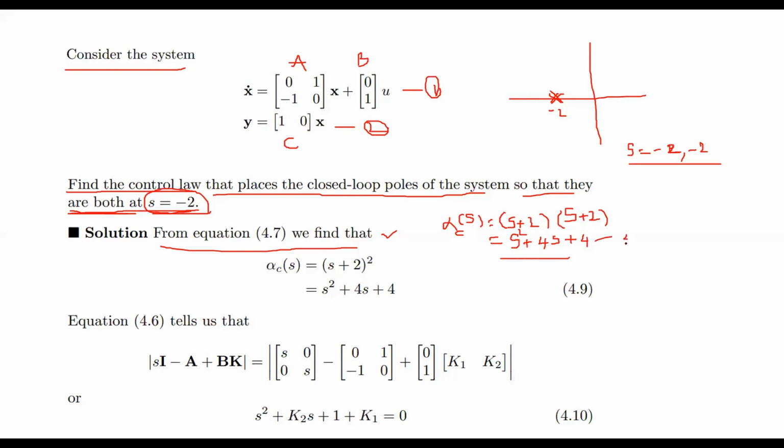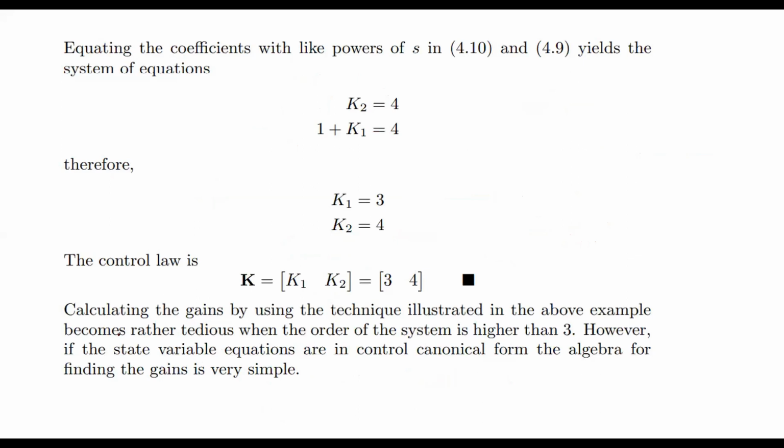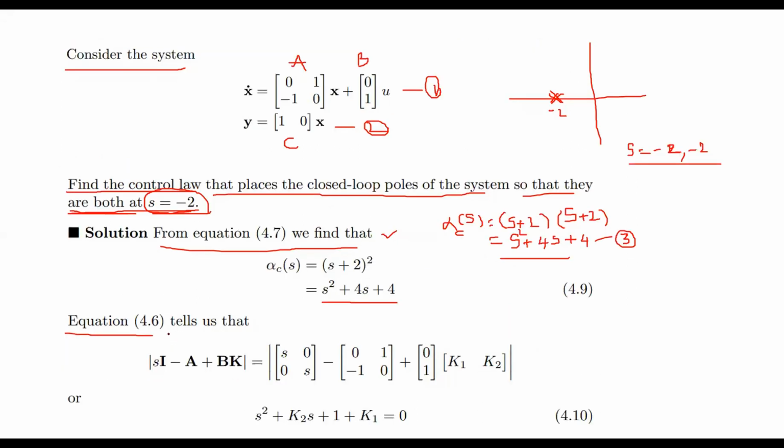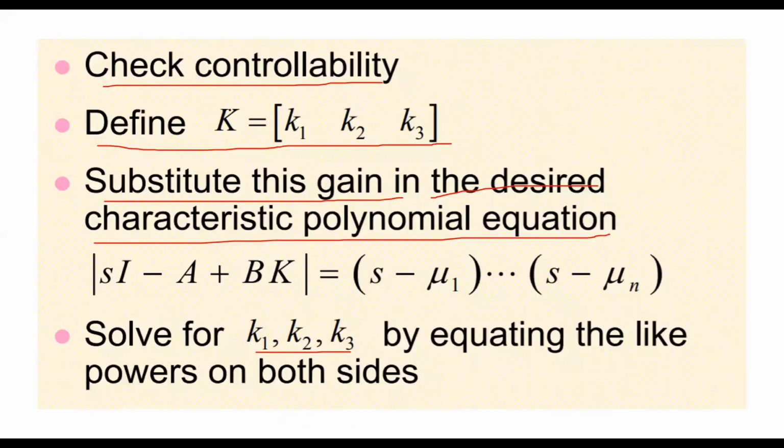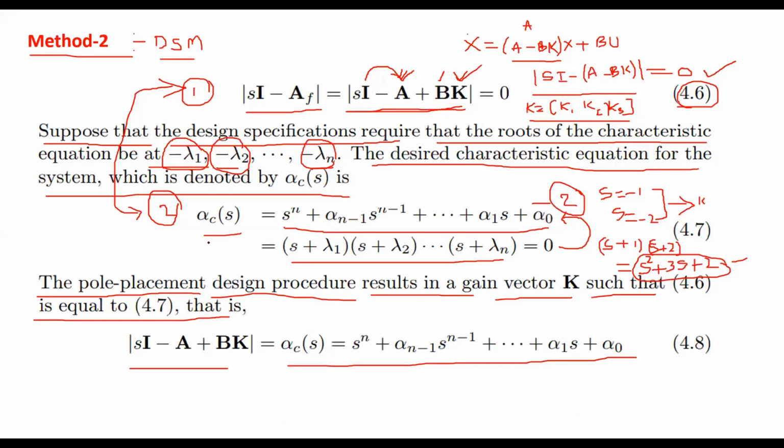Let this be the equation number. This is a polynomial we can obtain from the closed loop. Now what is next? We already know that. What does equation number 4.6 tell about that? In the given problem, the first step is solving either stepwise or in reverse order. No problem, you can do any other format. There is no problem at all.